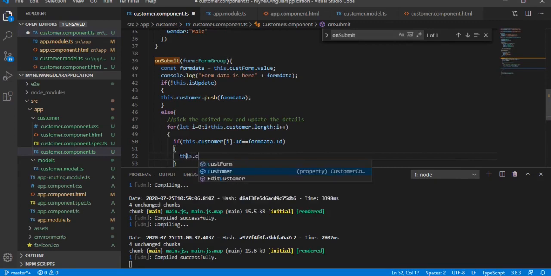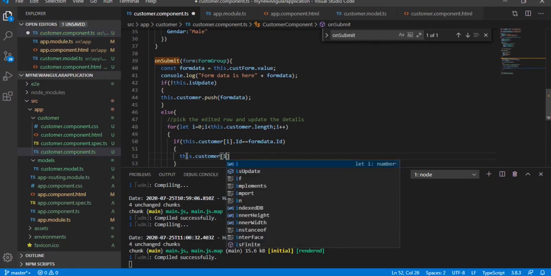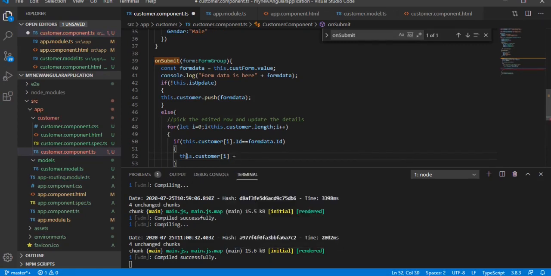This.customer of i, we are going to set with this.customForm.value.